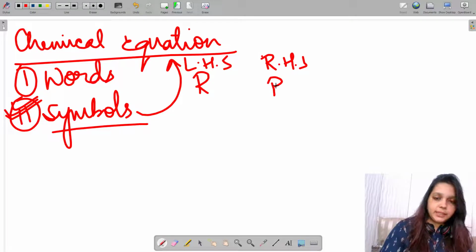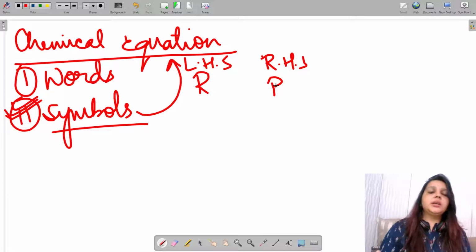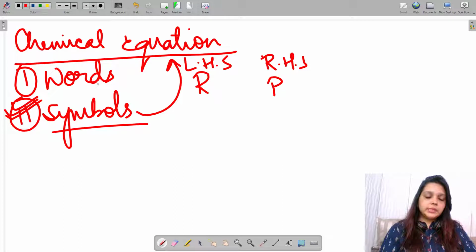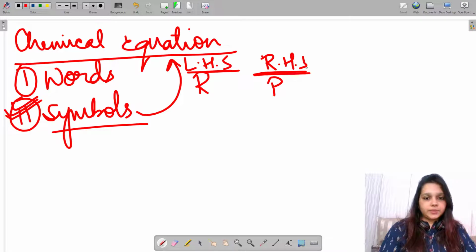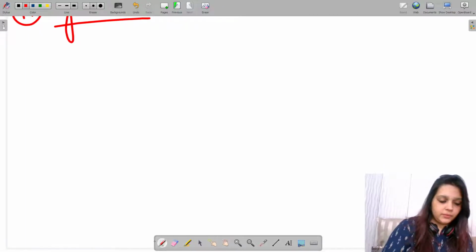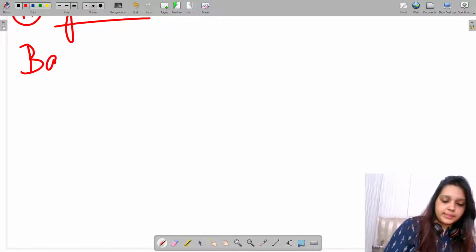right hand side, right? Simple thing, chemical equations, we can write them in the form of words or in the form of symbols. Symbols is a much more preferred method because it makes our task easier and faster. And also one simple rule of writing a chemical equation: the LHS left hand side will have the reactants and the right hand side will have the products, right? So now our second little important topic, which is about balancing.